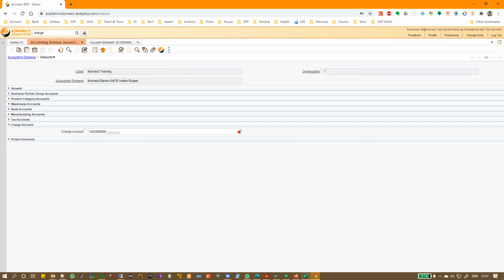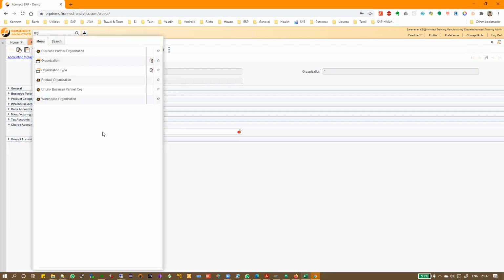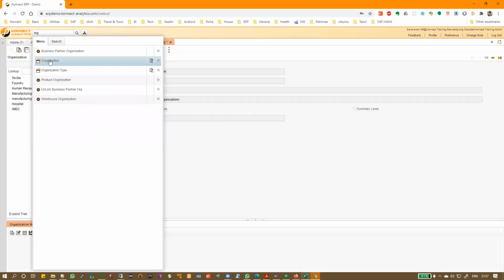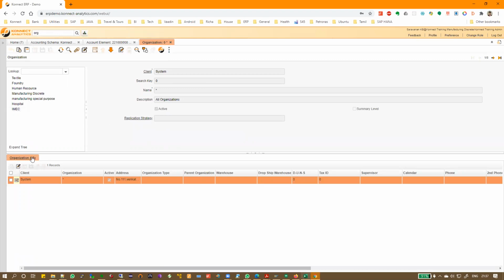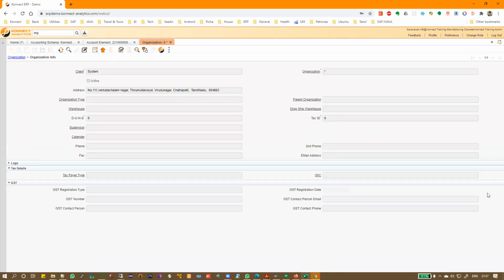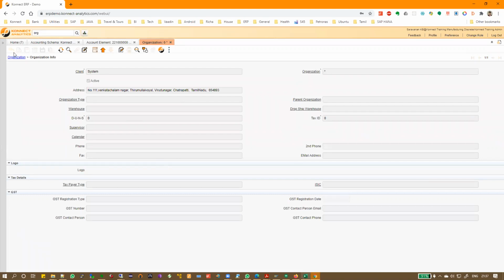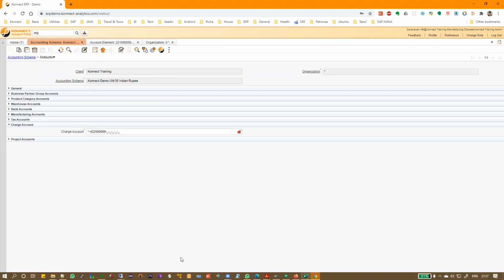Then we have organization. So let's go to the organization window. Now, surprisingly, if you see in the organization window, there is no option to specify any accounting, which means although organization-wise you will have P&L and balance sheet, balanced at organization level, there is no mapping, which means only centralized books of accounts is possible. So this is why when some of you ask us, the client has a requirement, I have 4 companies, can I use one client? You can use one client, but then you have to follow one book of accounts.